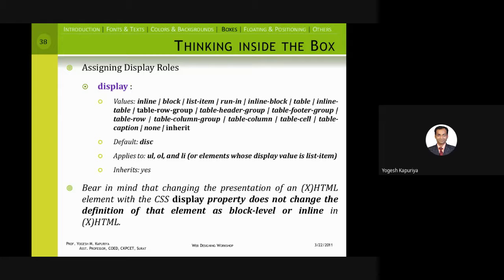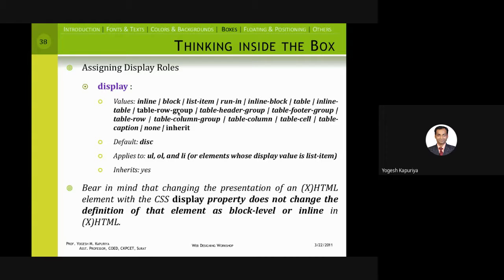Okay. So we have been discussing CSS and the various properties and various ways to put your content on a web page. One of the fundamental properties which decides the layout or the positioning of your element is display. This display property defines what will be the default layout of any HTML tag.